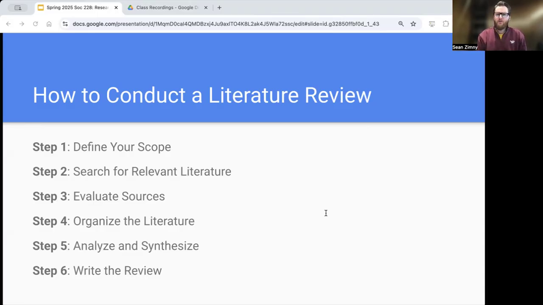Step number two, search for relevant literature. This is similar to the background research slide as well, but use academic databases like JSTOR, Google Scholar, ProQuest, your library databases. Search using combinations of various keywords. So whether it's the key elements that you're looking at, like gender inequality or workplace and sociology, look for those key terms in combination, those key variables and concepts that you're using in your study. And so include peer-reviewed journal articles, peer-reviewed books and reports, and credible online resources as a part of your